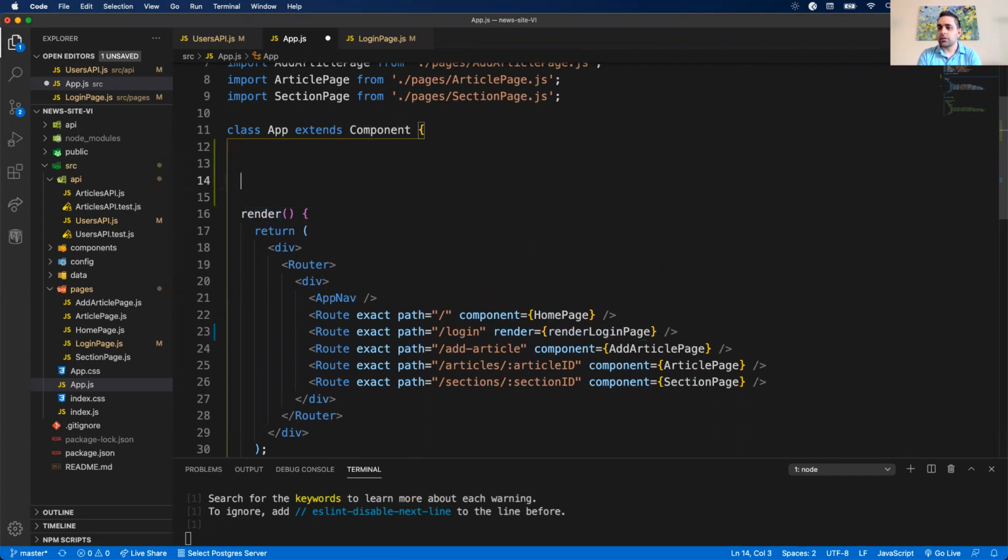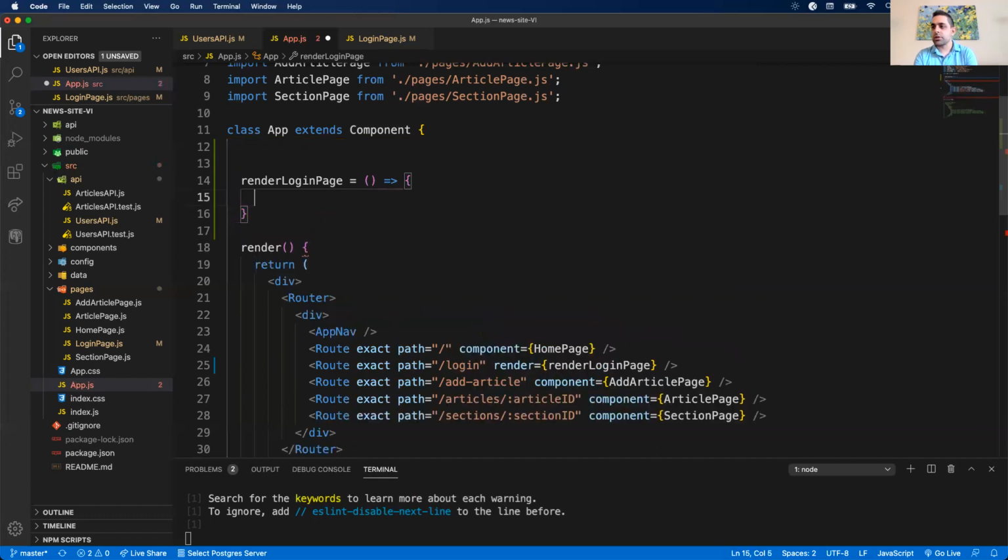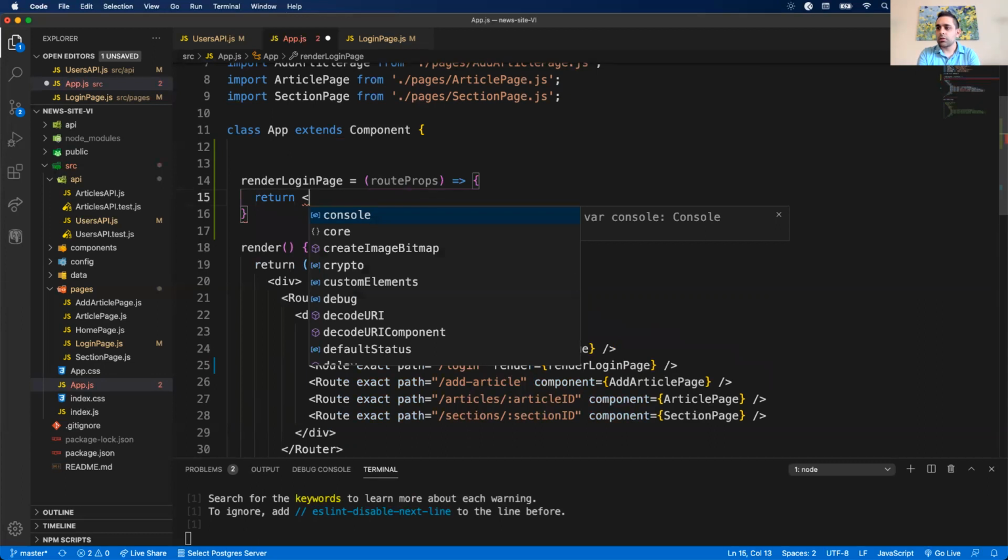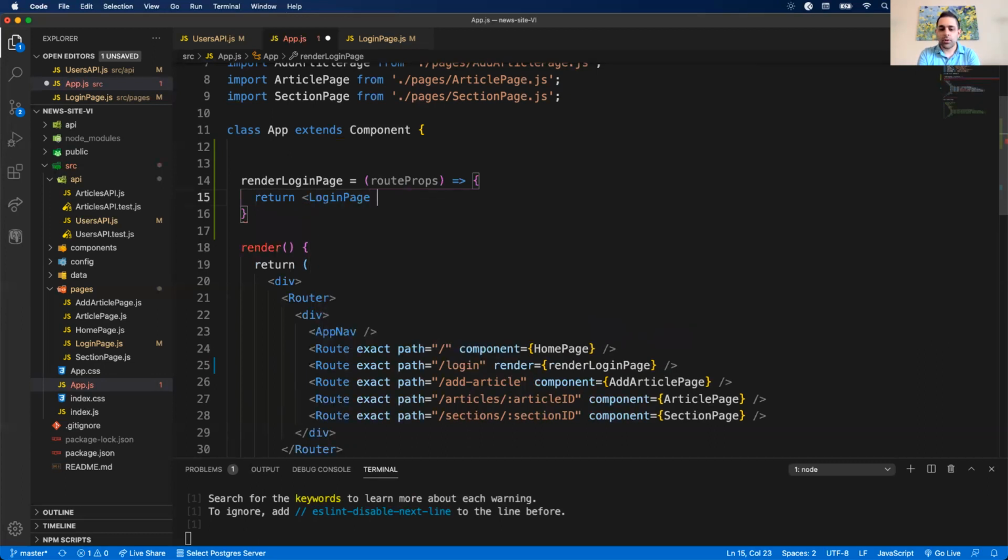And then I'm going to add that function. So renderLoginPage. Again, I'm going to use a fat arrow, otherwise known as an anonymous function here, so that my this binding will automatically work for me instead of me manually binding it. So renderLoginPage will take in route props, and then I want to simply return a rendering. So this would be LoginPage, and now I could actually pass props down to it. So LoginPage will take, let's see,